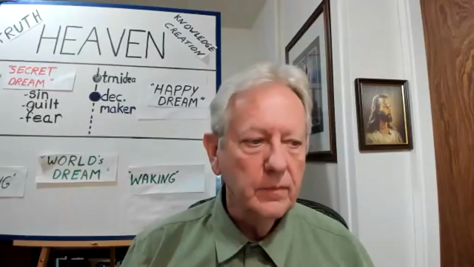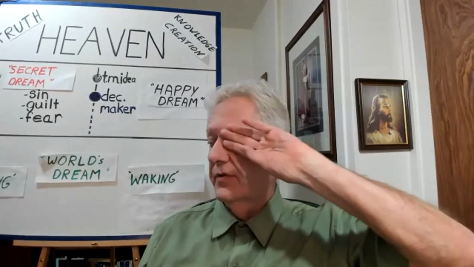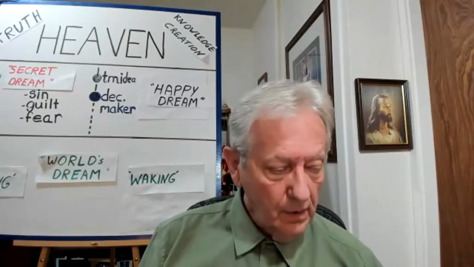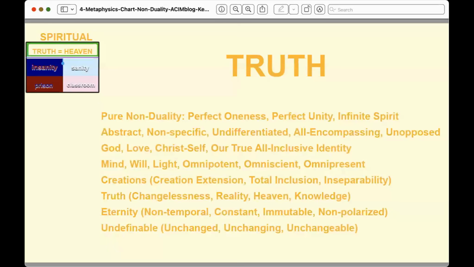So I'm gonna, if you go back to that previous chart. Oh, sure. Okay. At least half those terms are some take on the phrase "not," like describing truth in terms of what it's not. Exactly. Yeah, and that's kind of, it's not duality. It's not specific. It's not changing. It's not temporal. I mean, they're all like "not" words. Yep, right. Yeah. Non-spatial, non-temporal, undifferentiated.